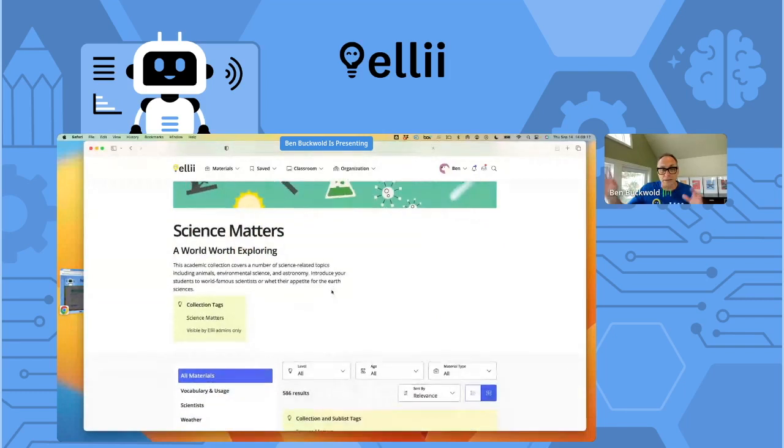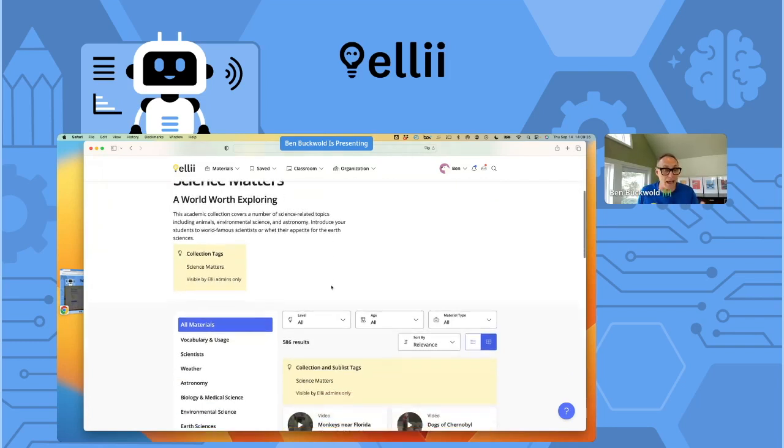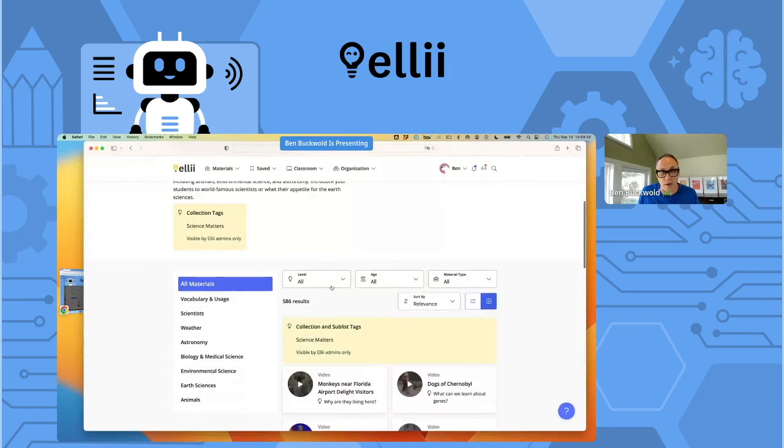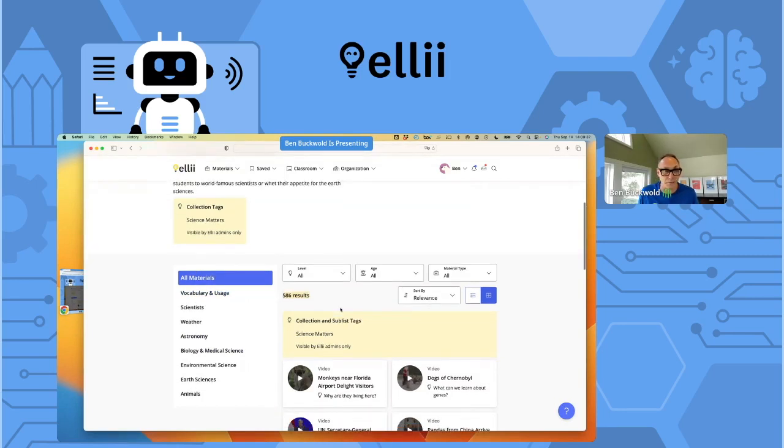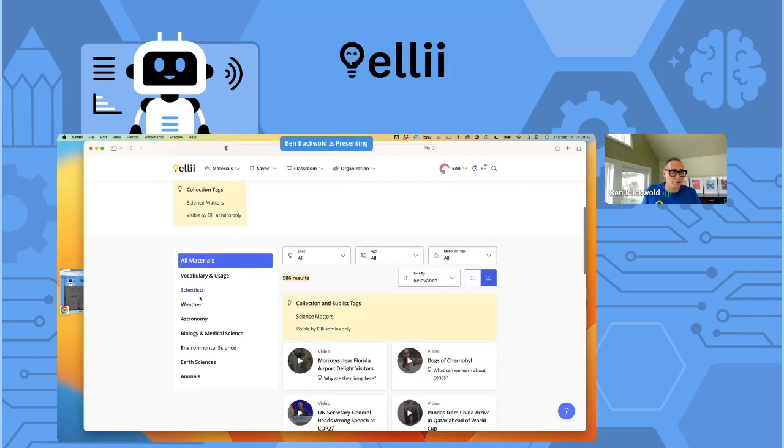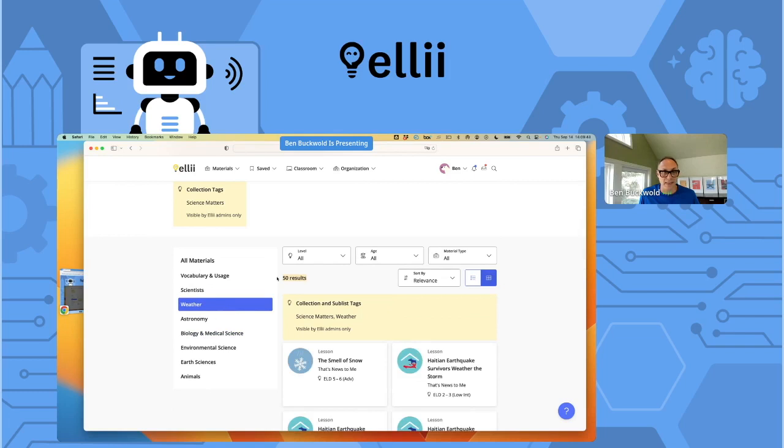And here we found lessons from all these different sections, maybe famous people, famous places, from our everyday dialogue section. And it all is combined here if it has a theme of science in some way. And you can drill down from the sidebar filters here. So you can see there are 586 lessons or results for science related stuff. But I want just something specific, maybe related to weather. So I'll click weather. And you can see that that filters down now to 50. We've got 50 materials or 50 lessons related to weather.